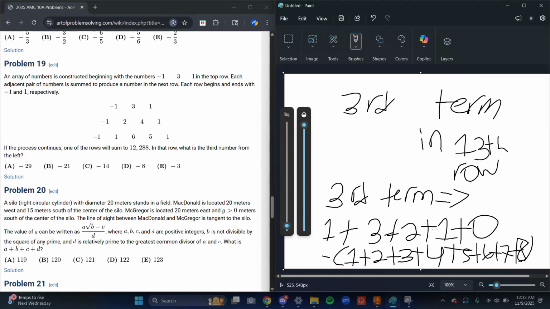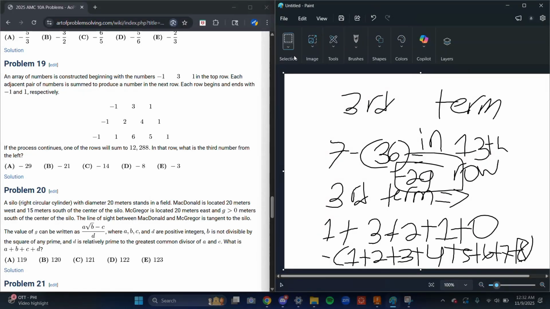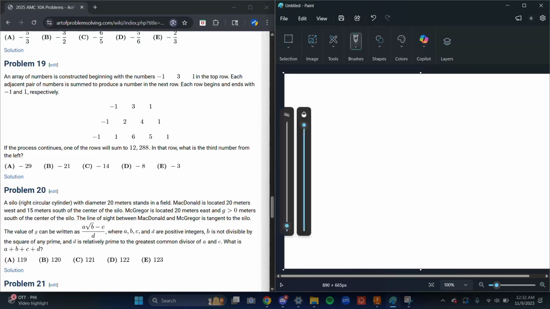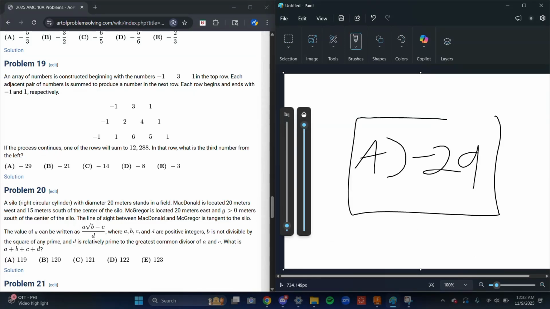So 1 plus 3 plus 2 plus 1 is going to be 7. And then we have the sum of the first 8 numbers, so that's going to be 36. So the answer here is just 7 minus 36, and that's going to be equal to negative 29. So the final answer for problem number 19 is going to be A, negative 29. Okay,